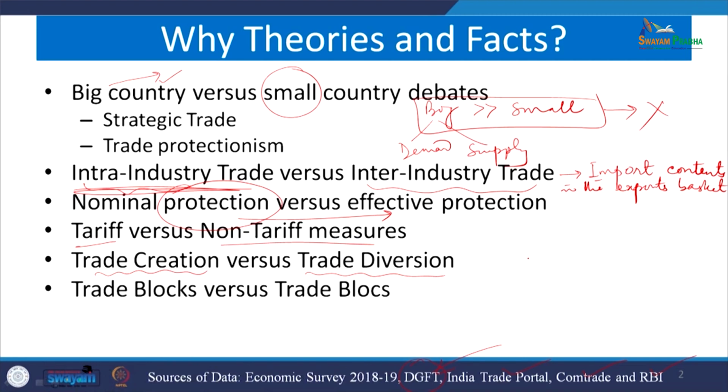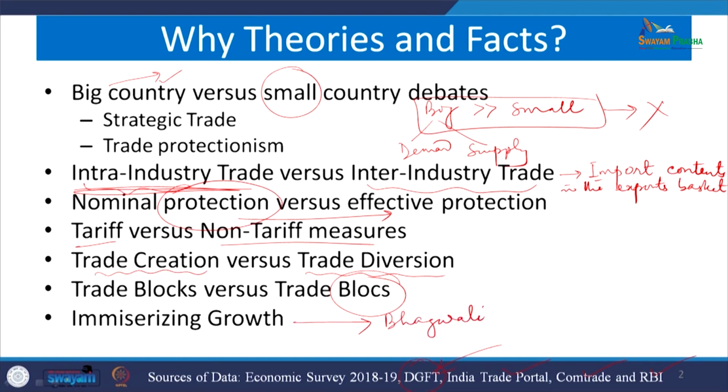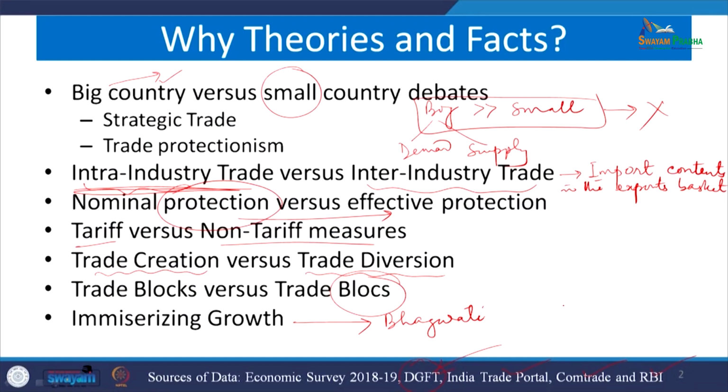So, therefore, when we emphasize trade creation versus trade diversion, we are supposed to know trade blocks. We are actually trying to understand the regionalism versus multilateralism concept in this connection. Now, another aspect of theory which is connected to data was emphasized by Professor Jagdish Bhagwati in his very early work, 1957 work, where Jagdish Bhagwati derived a context where many developing countries, especially India, are actually suffering in the terms of trade content of their basket of products,